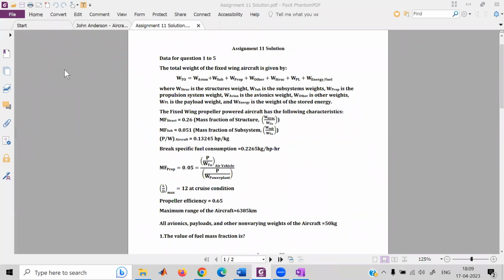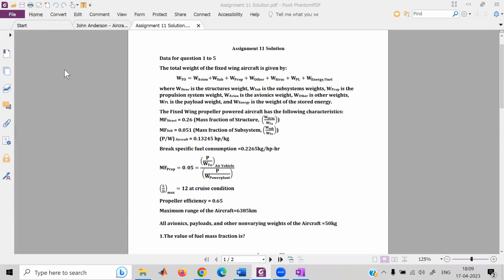Also about the engine, because engines are not designed for specific aircraft. Usually there is an engine that was designed for some aircraft, but that engine can serve in a wide variety of aircraft. So the engine is always known to us. So the engine's weight, its mass fraction, is always known to us. So my point is,